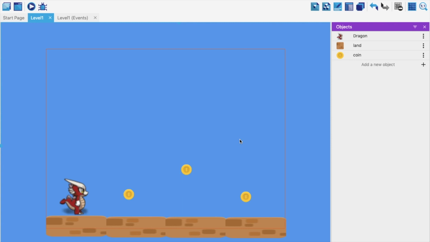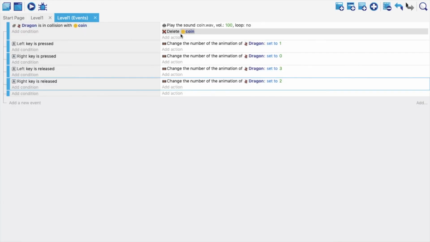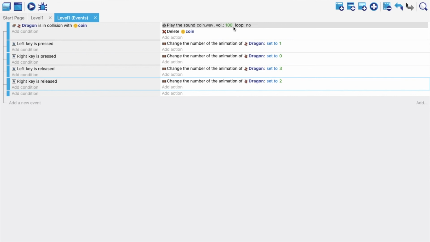Okay, so I'll see you next time in the next tutorial, part 3, where I will be teaching you how to add a scoreboard. Okay, so to do a quick revision, what we learned today, we added a new sprite, and then we learned how we should delete the objects if we are going to add sound effects, or if we are going to add score for that. Otherwise the sprite is already there and it can be repetitively clicked. This was very interesting. So how we started changing the animations based on key pressed or key released.